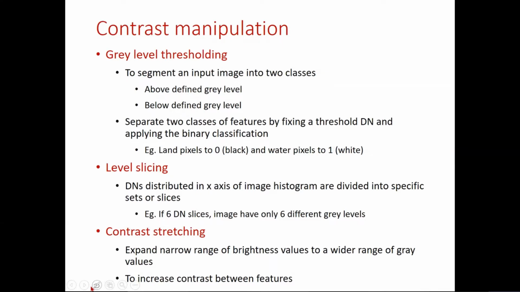So maybe you will consider a smaller range of the DN histogram and then stretch it to the entire range. For example, if you are considering water, more features are enhanced for that particular feature. Other brighter features will be washed out because they are displayed at a bright white level, towards the highest DN. The same thing can be done to color as well. You can apply the same to separate bands of image data, and then you can combine them.